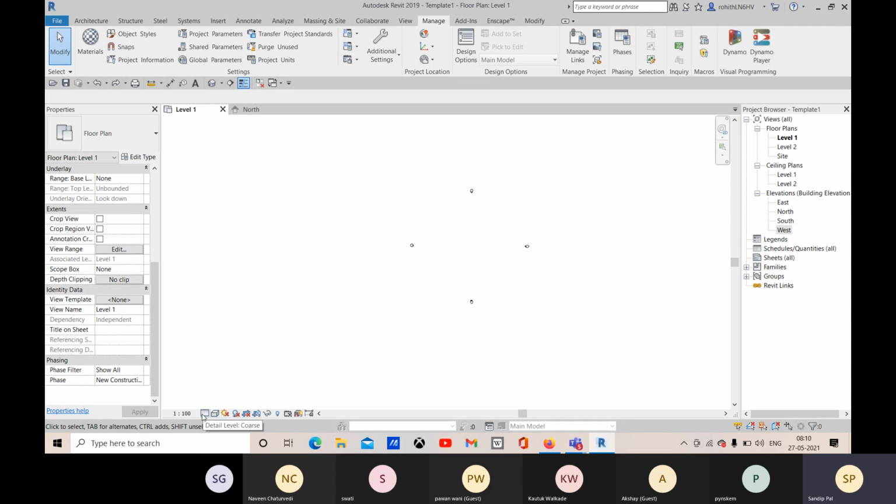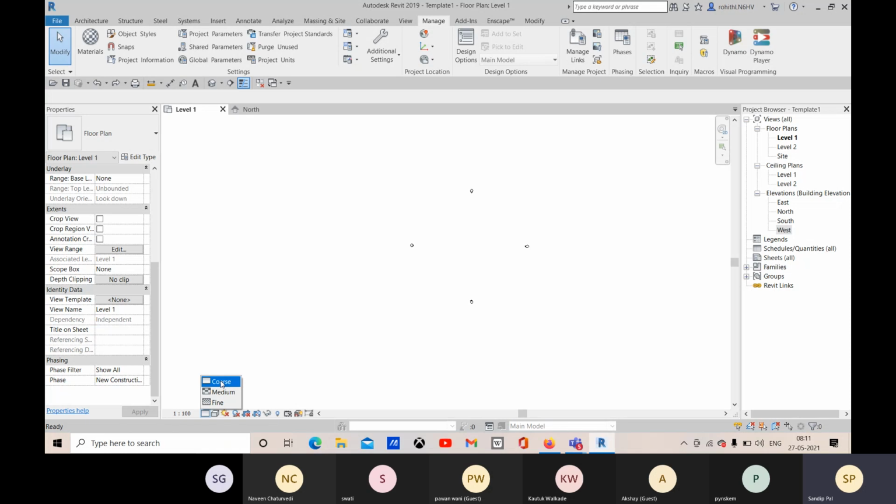The detail level is set to coarse. So here we have three detail levels. One is coarse, another medium, another fine. So if you just need an outer layout, then you can choose coarse. If you need to add some more details of your object that will be visible, then go with the medium, and fine for all the details your object contains.